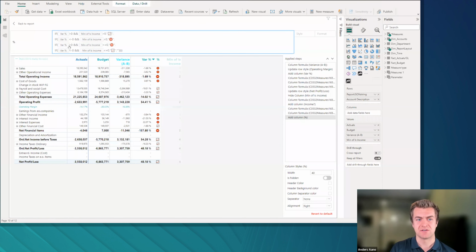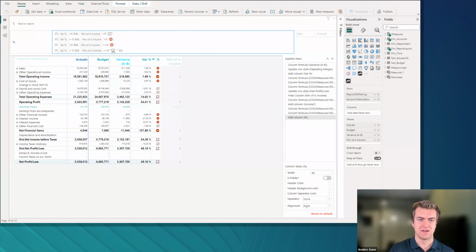And in the opposite case, if the variance is positive, but it's an expense post like this one, cost of goods is higher than 0, then I want a negative sign for that. And the last case, if the variance is negative and this income indicator is also equal to 0, then it's a good thing. And then I've closed off all these if statements at the end with these parentheses. And this is a pretty simple way to